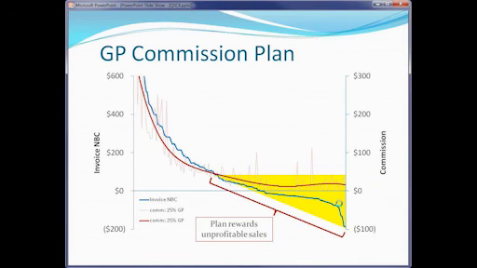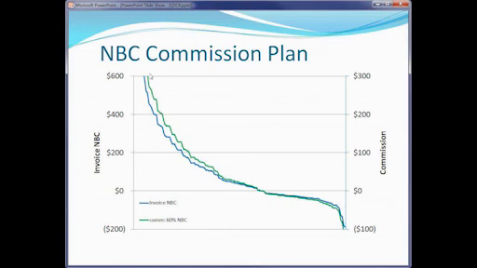On the typical commission plan, what we'd like to do is have the commission plan track the profitability. And we'd like to be able to pay somebody on a sale, even if it makes $1, then they can be paid on it. But on the other side, if the sale goes underwater, the commission should go underwater as well. We shouldn't have a situation where the salesperson can leave the company holding the bag on a sale that is going to cost a good deal of money. And so a good NBC program is going to have those things track.